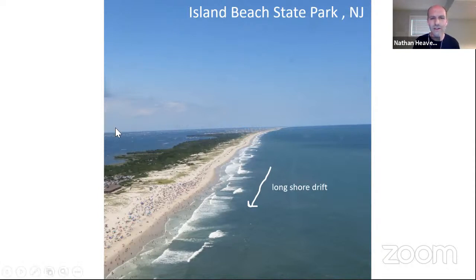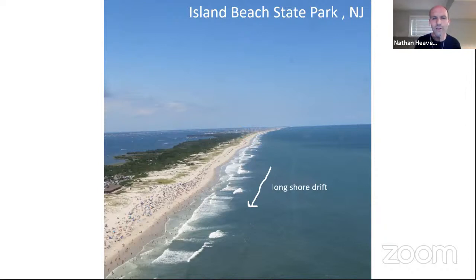The general condition here is that the winds and water don't hit this strip of sand parallel or perpendicular to it. They actually come from the north and east, and they carry sand and water toward the south and west. This process is called longshore drift. So the sand is constantly moving south along these beaches, eroding up on the north ends of the islands and depositing on the south. It works out okay at Long Beach Island because there's no real interruption